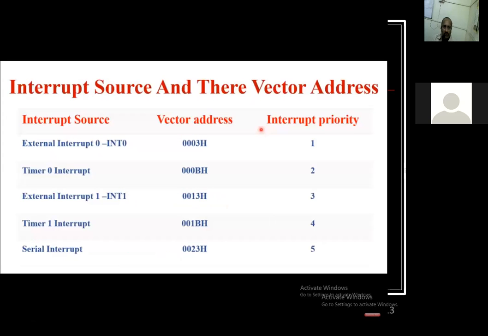So this is what we talked about regarding the ISR, and there the spelling is also wrong, it should be their vector address. Here also this is the fixed one. You can remember it starting with 0003, plus 8 is 0B, plus 8 is 13, plus 8 is 1B, and plus 8 is 23. One more thing we are supposed to observe is that it is a 16-bit address.